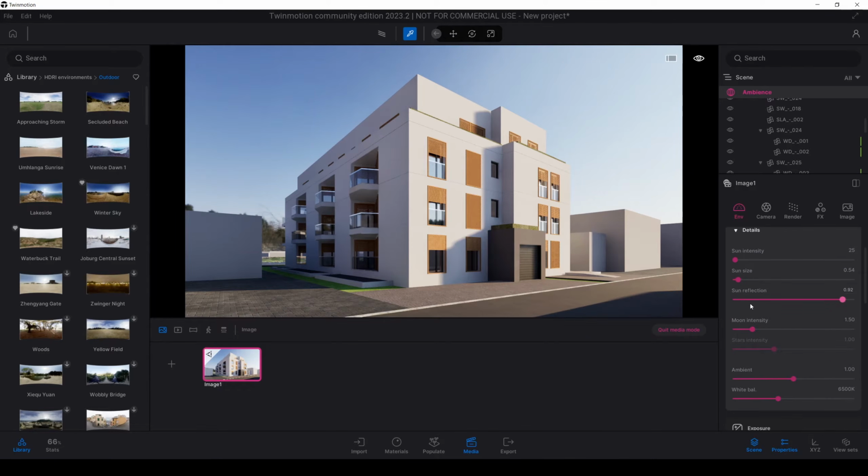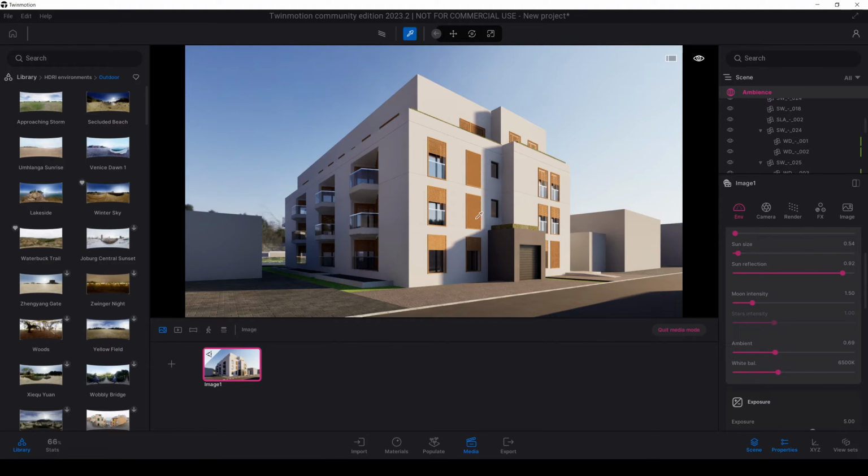Click details and we will play around with these two settings. They are important because as you can see, if I increase this, shadows will be brighter and bluish. And smaller values will make your scene yellow. I'll try a different thing. I'll increase this ambience. As you can see, our scene is brighter now, but it has more blue. Now I'm going to erase blue with this white balance. I'm going to increase this value and now it's more yellow.